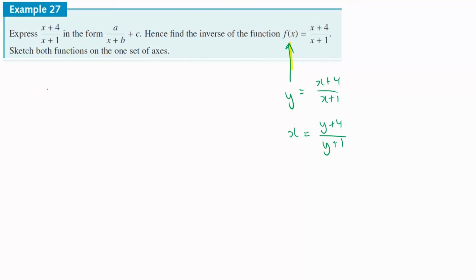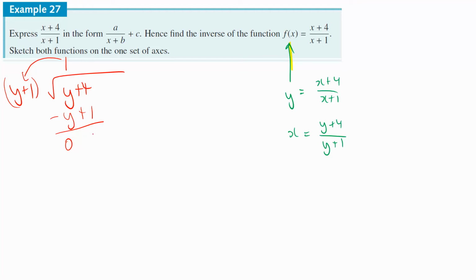So if you did y plus 4, you're saying how many y plus 1s fit into y plus 4? That's essentially what you're asking. So if you really think about it, back to polynomial division, how many y's fit into y? We know it's 1. So we say, from last year, if it goes once, then one group of y plus 1 will give me a remainder of 4 minus 1, which is 3. So how do you write your answers again? When you divide it, this is equal to 1 whole with an extra 3 remainder